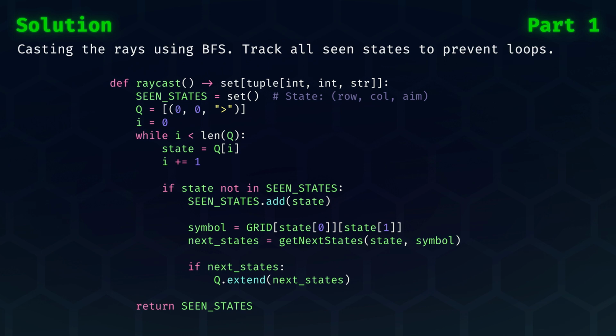Then, if this state was not yet seen, we'll mark it as seen. Then we need to grab the symbol from the grid, which can be a dot or any of the mirrors or splitters, and we use that data to get the next states. If there are any next states, because this function might return an empty list, then we extend the queue. Before we look at how to get the next states based on the current state and symbol from the grid,